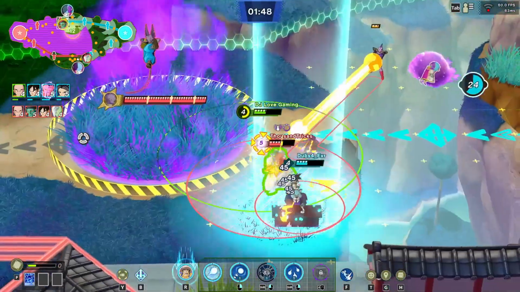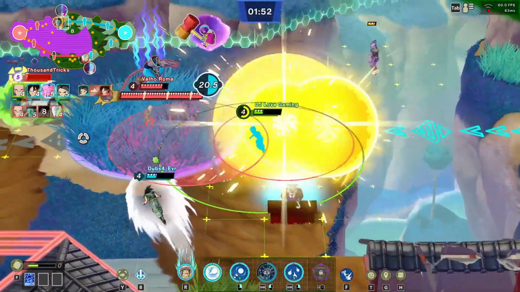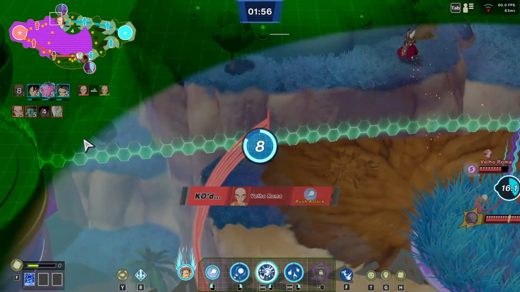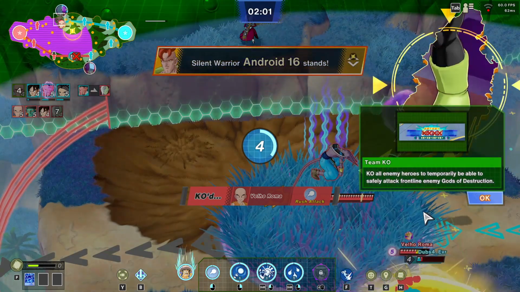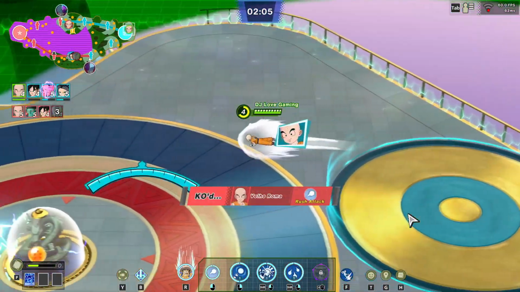He doesn't have his partner, so me and Goku are taking him out as much as we can, but he's back on his god of destruction's base, so he is actually getting healed, and I am going down again, and the time to recover increases the more you die. So I return, and